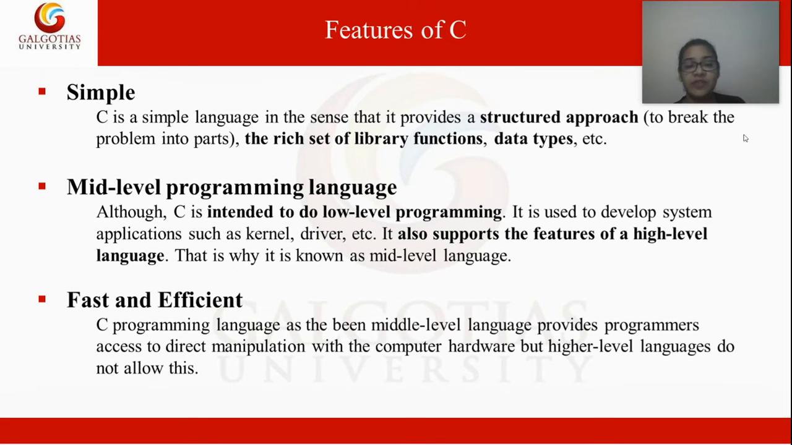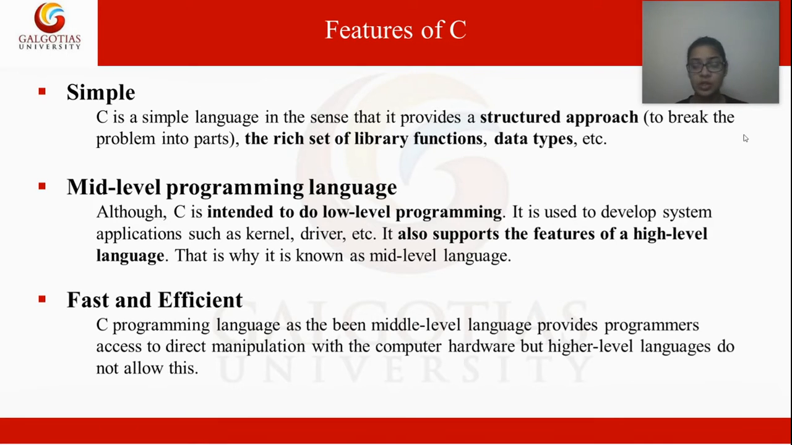It is fast and efficient. C programming language as a middle-level language provides programmers direct access to and direct manipulation of the computer hardware, but higher-level languages do not allow this. Now, as you know, C is a middle-level language. It is intended to do low-level programming, so it beautifully interacts with your hardware, right? And hence whatever instructions you write are directly used by the hardware with very little manipulation,